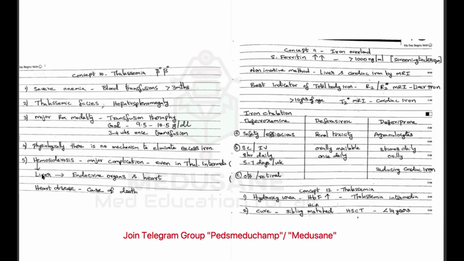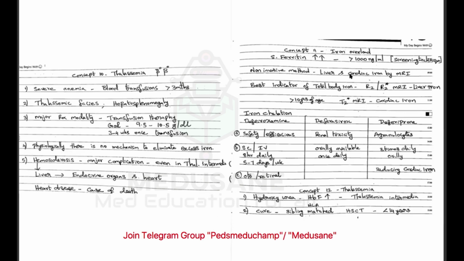And hemosiderosis starts from the liver, then complication, remember any endocrine organ you tell, it's going to deposit there. So you can have hypothyroidism, hypoparathyroidism, you can have diabetes mellitus, you can have hypogonadism, hypopituitarism. You think of any endocrine organ, it's going to cause it. Hemosiderosis is going to affect the endocrine organs. Then finally it will affect the heart. Final cause for death is due to heart disease. The cause of death is because of heart disease and arrhythmia in